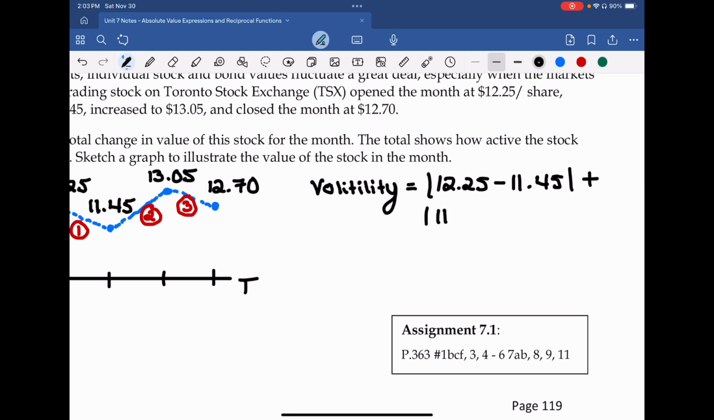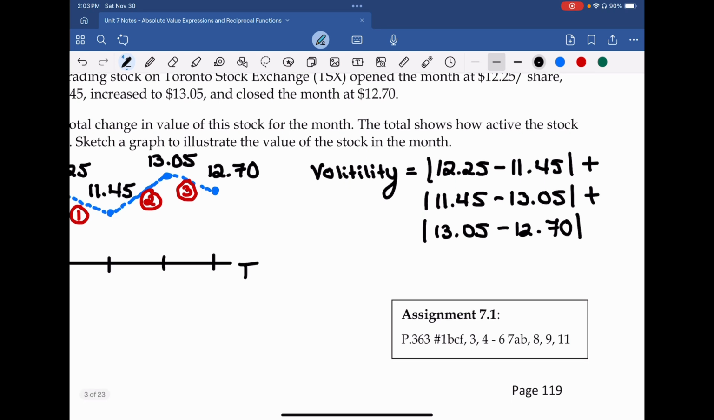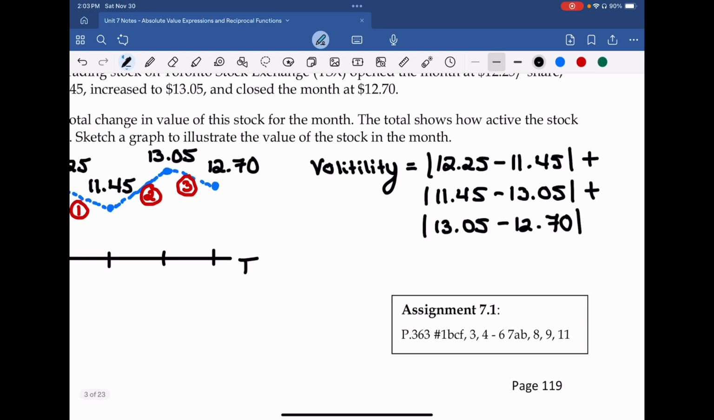The next segment is 1145 minus 1305. And then we're going to add our final segment, which was 1305 minus 1270. And what I'm going to recommend is, again, we're always subtracting these in this situation, but along with subtracting them, always read it left to right. Now we're going to go volatility